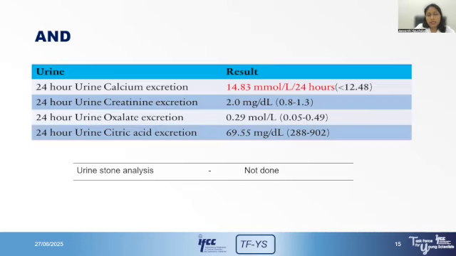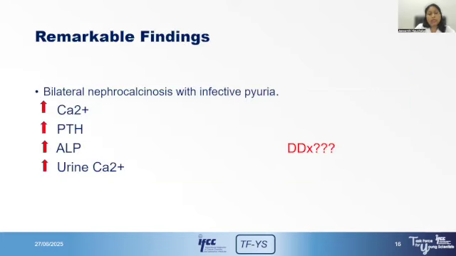And his urine studies reveal there is hypercalciuria. He's having calcium hypercalciuria value of 14.83 millimole per liter for 24 hours. But his other excretion studies like creatinine, oxalate, and citric acid did not exceed the upper limit. And also, we couldn't perform the urine stone analysis due to unavailability of the facility at that time at his